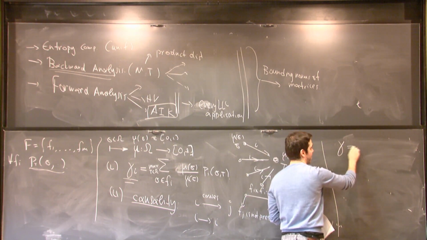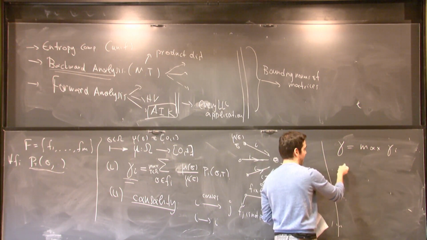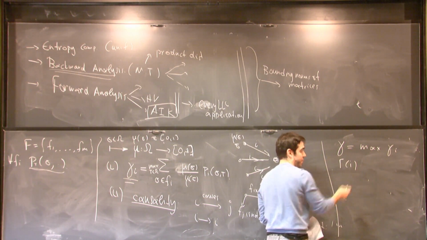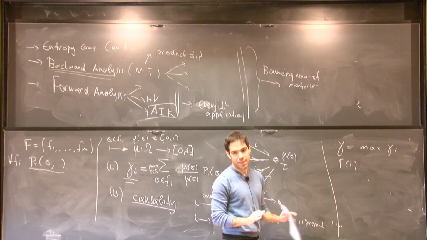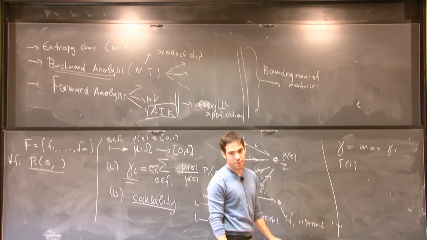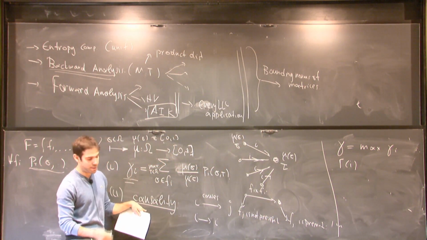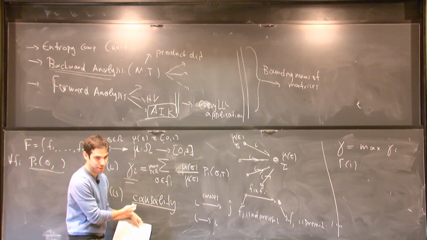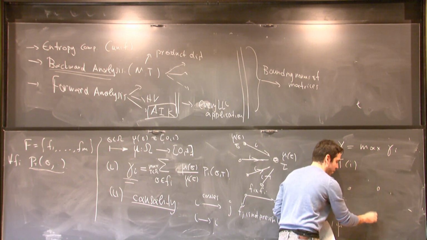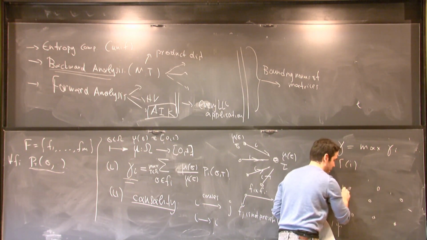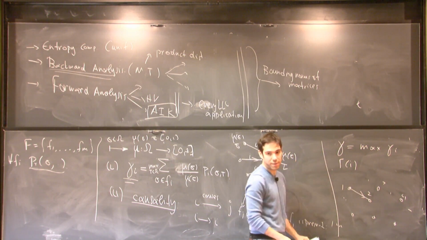Say that gamma is the maximum of these charges, and the graph depends just on the algorithm. Here's how this graph is defined. You have one vertex for each flaw, one vertex for each clause equivalently: 1, 2, 3, and 4. And then you add an edge in this graph